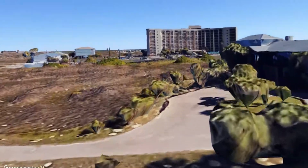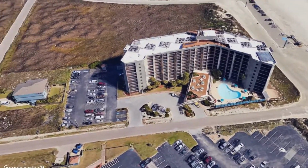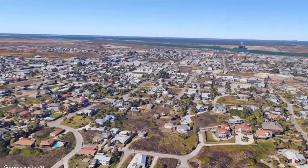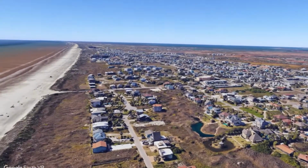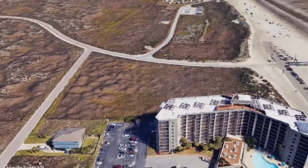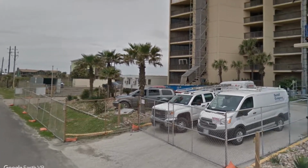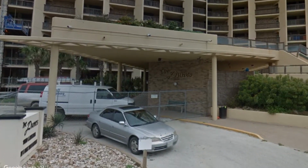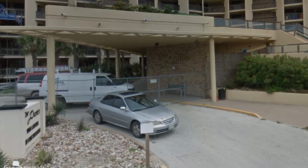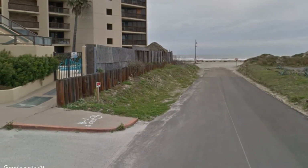What is that? It's got to be a hotel. Right. So where would you come from in order to go to the hotel? What's going on in this hotel? Let's have a look. It's boarded up. There's chain link fences everywhere. Oh, right, okay. The dunes. Yeah, okay. I don't think South Texas is...